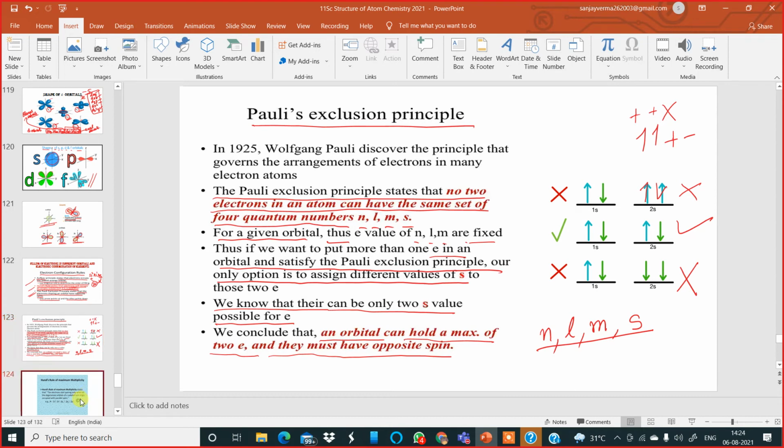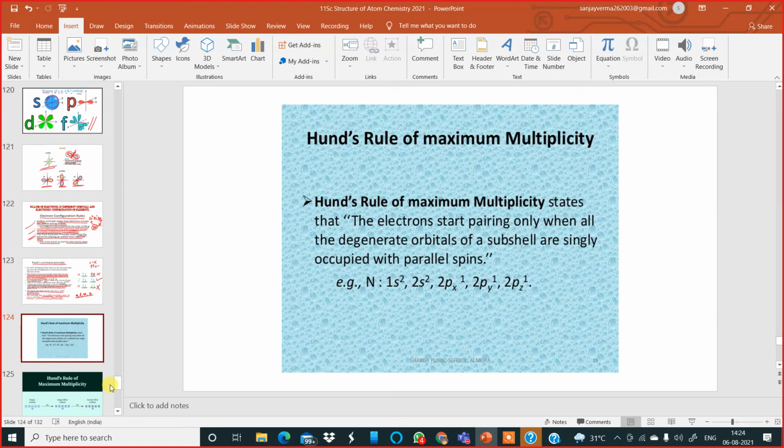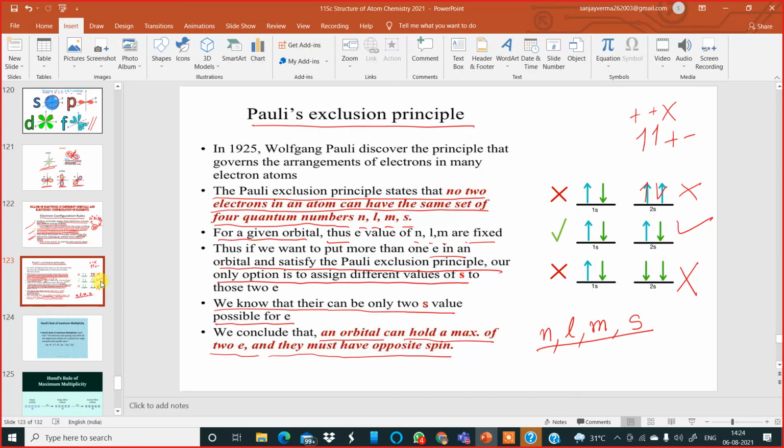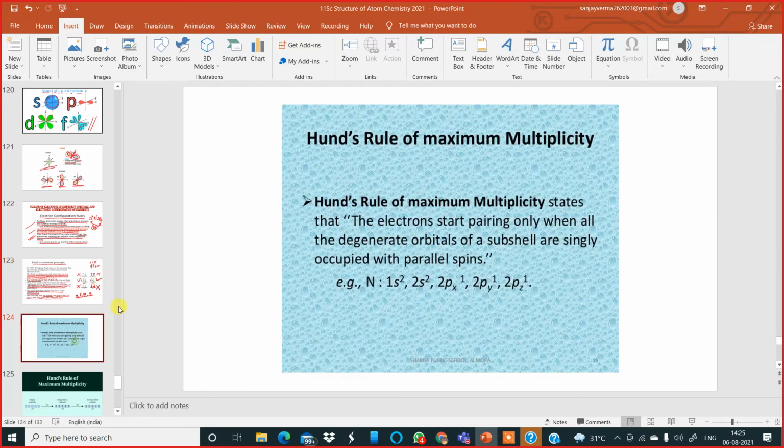Now look at the next slide once more regarding Hund's rule of maximum multiplicity. In the previous slide, why was the last drawing cancelled? This last drawing was cancelled because both the electrons have the same spin. They cannot have the same spin; one has to be positive and the other negative. So this is cancelled, this is cancelled, this is cancelled. This is correct because orbitals contain electrons, and electrons should have opposite spin, clockwise, anti-clockwise. Is that clear? Okay. Now look at the next slide.